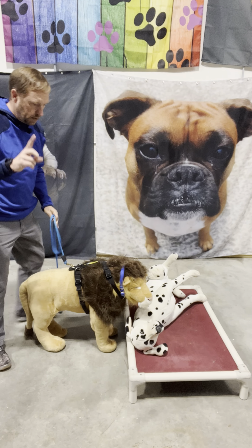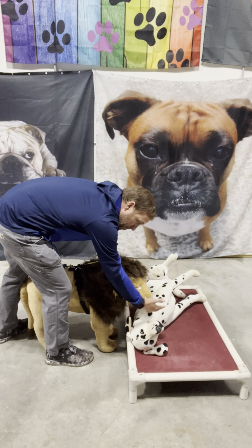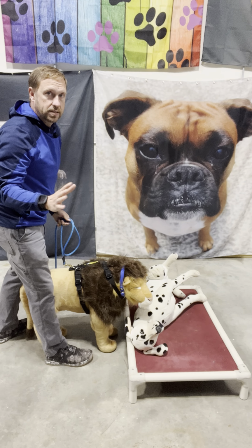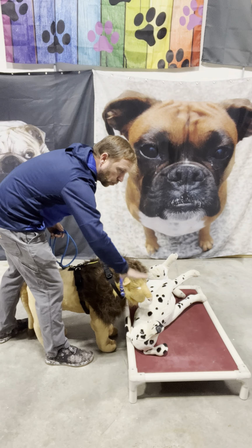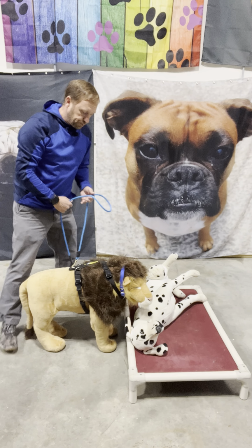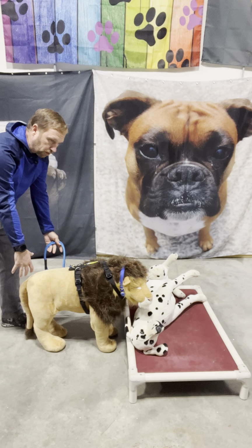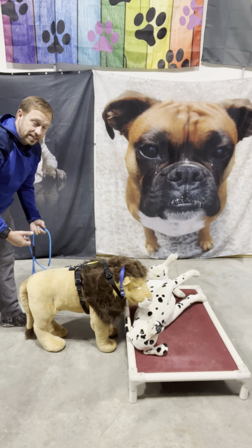Number two, never stick your hand directly down into the melee down here. Your hand will become collateral damage. I hear it all the time with people getting bitten because they're trying to physically break it up with their hands, and both mouths are going crazy at each other in there. Also, I've heard people talk about wheelbarrowing, grabbing the hind feet of the dog that's doing the attacking and pulling